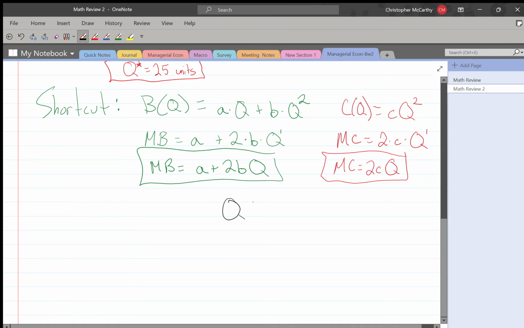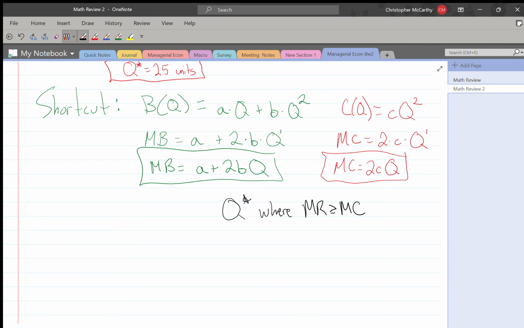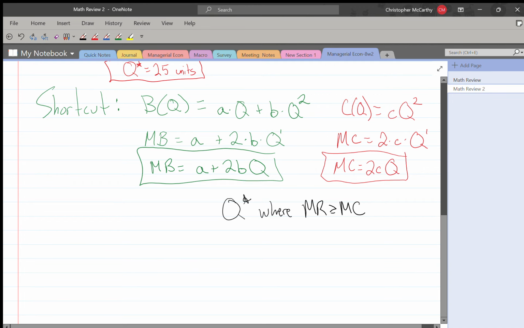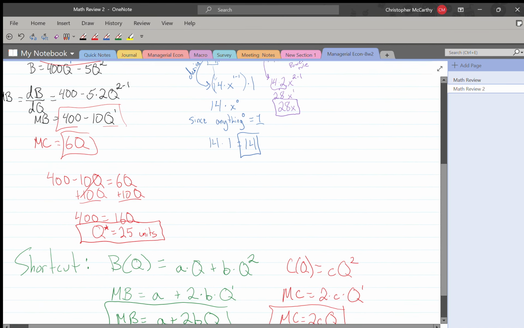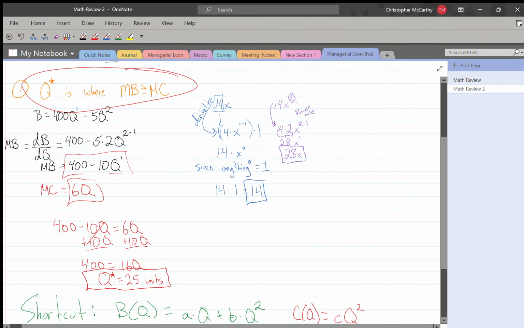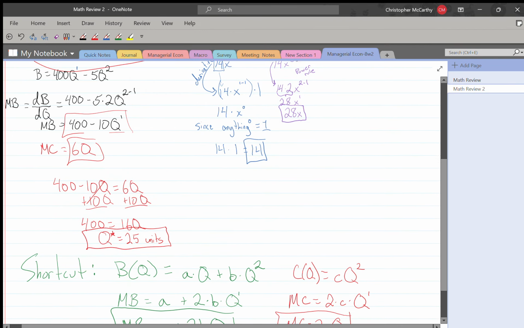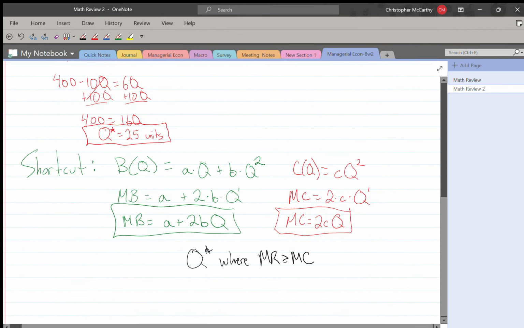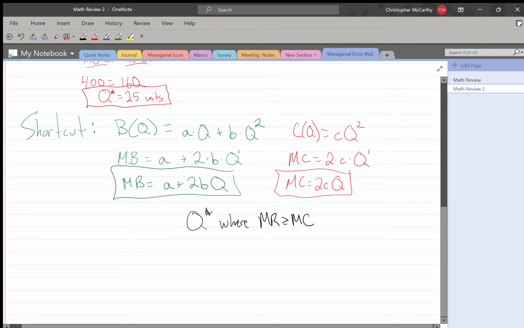And so those are our shortcuts if we want to do that optimal allocation rule. That q star is where the marginal benefit is equal to the marginal cost. But I said there was another way to do it, and there is, and we'll do it. If you're happy with this way and you understand this way, you don't really need to listen to any more of the video. So go ahead and hit the like button and get out of here. But if you're curious, or if maybe that way didn't make the most sense to you, then the second way